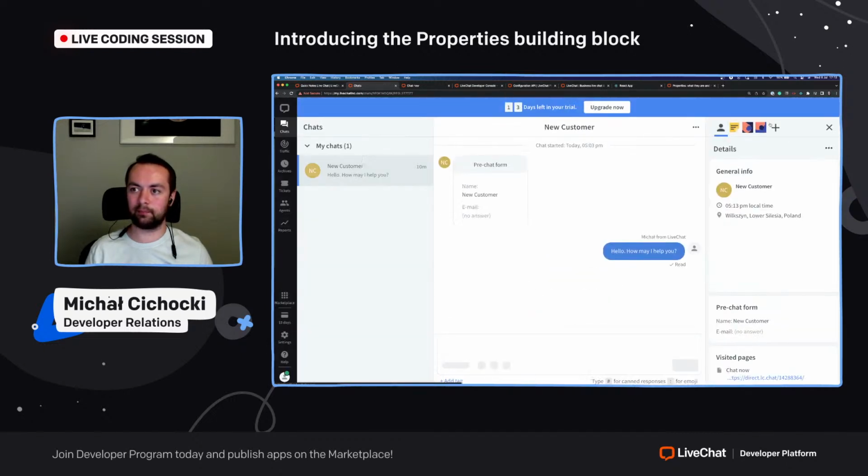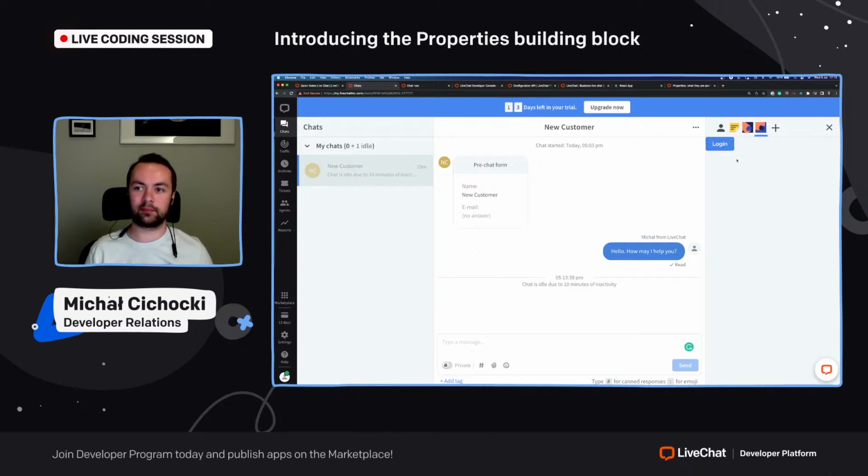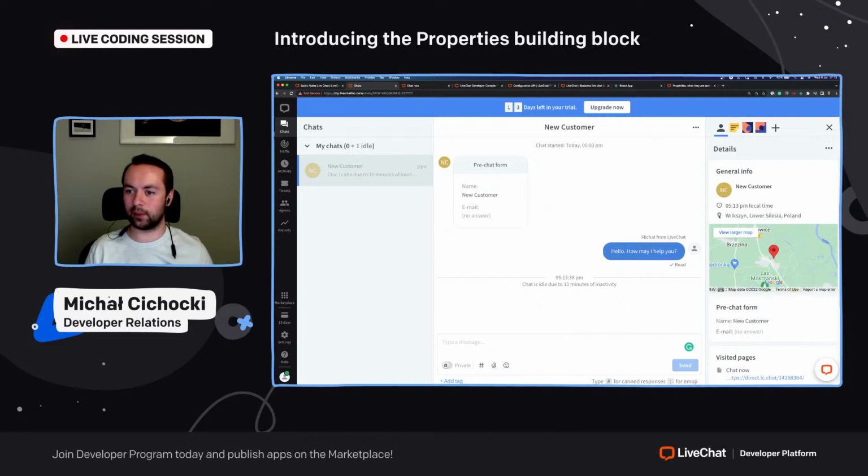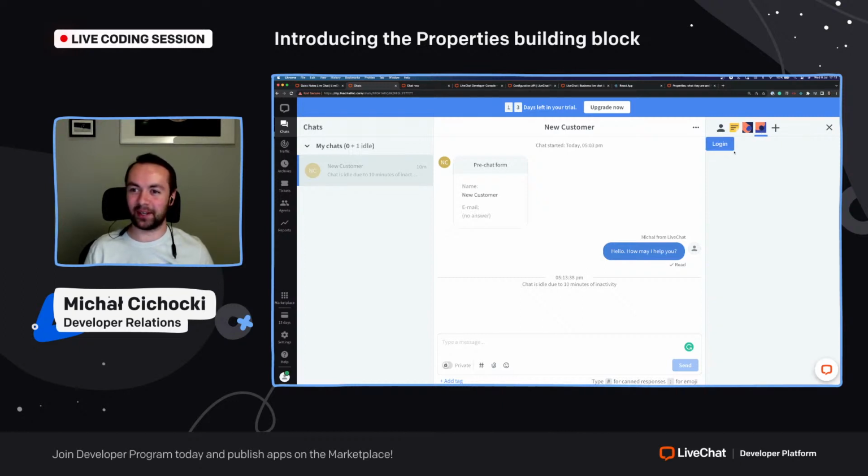Let's see. Yes, here it is. And it loads our application right here. I noticed a weird thing. This shows that I'm in Vliction, but it's not true. Okay, so as you can see, the app is here and it's working. It shows the login button, but we need to